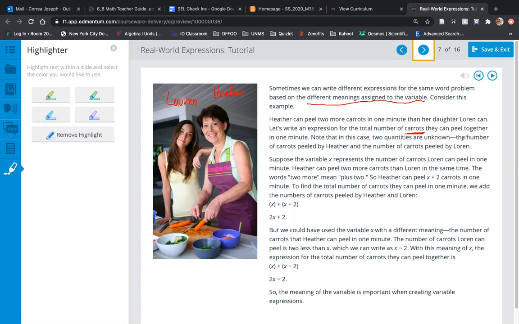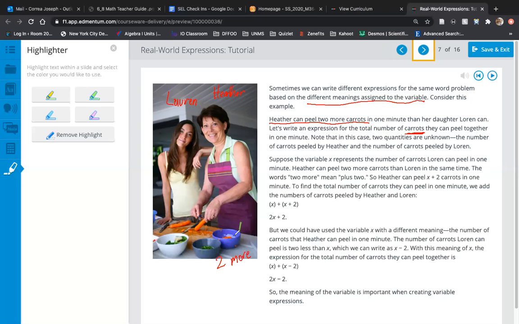in this case, two quantities are unknown, the number of carrots peeled by Heather and the number of carrots peeled by Lauren, right? So we don't know how fast they're peeling. The only piece of information that we actually know here is that Heather can peel 2 more carrots in 1 minute than her daughter, right? So if Heather can peel 5 carrots, that means that her daughter could peel 3 carrots. If we know that Lauren could peel 10 carrots, that means that her mom can peel 12 carrots. So mom is going to peel 2 more than Lauren,